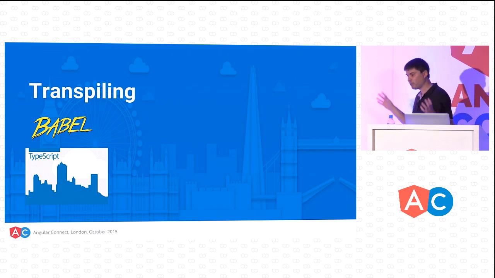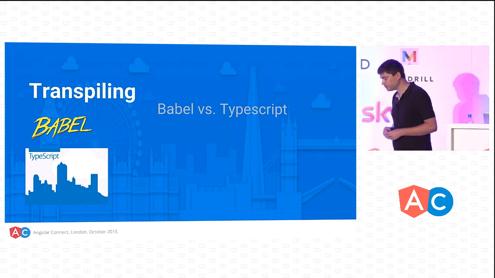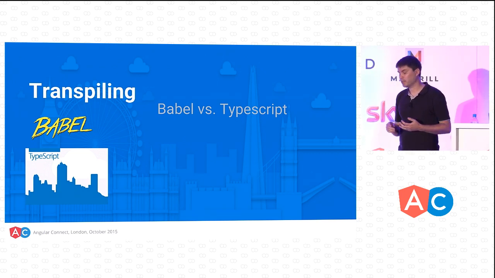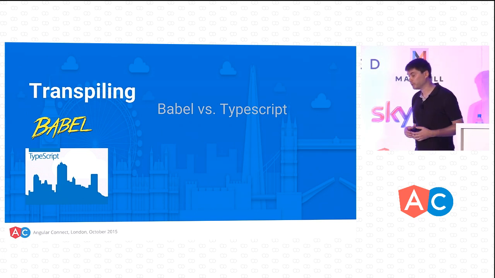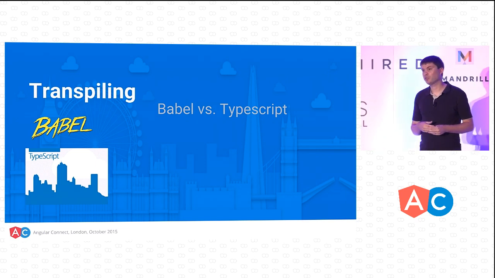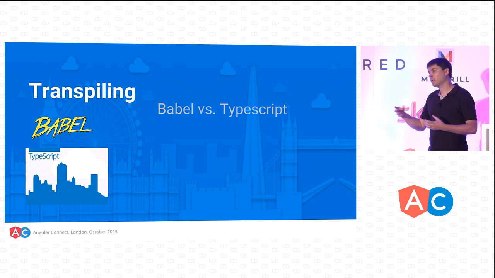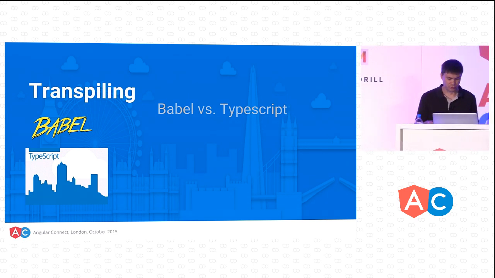Now, whatever our setup is, we need to start with transpiling. Because once again, browsers don't understand import-export. The good news is that all the major transpilers, so Babel, TypeScript, and Traceur, they all understand and can transform the ES6 module format. Now it seems like Traceur is kind of losing steam recently, so the choice is really between Babel and TypeScript. And I guess your particular choice will depend on your stance on the optional types, like do you like them, or if you hate them, you will be choosing one of those things.